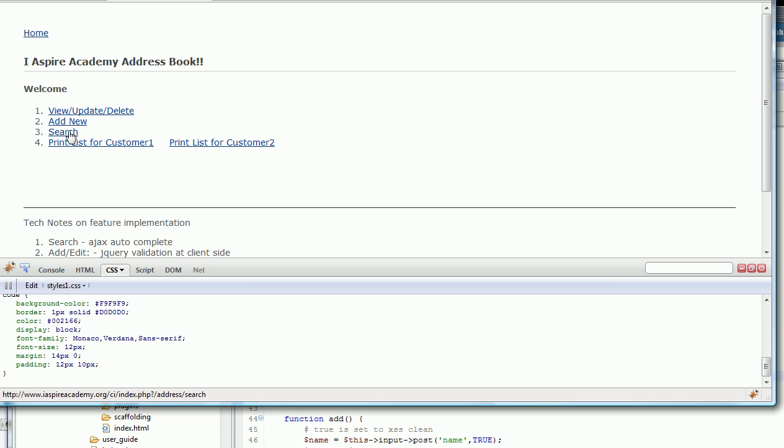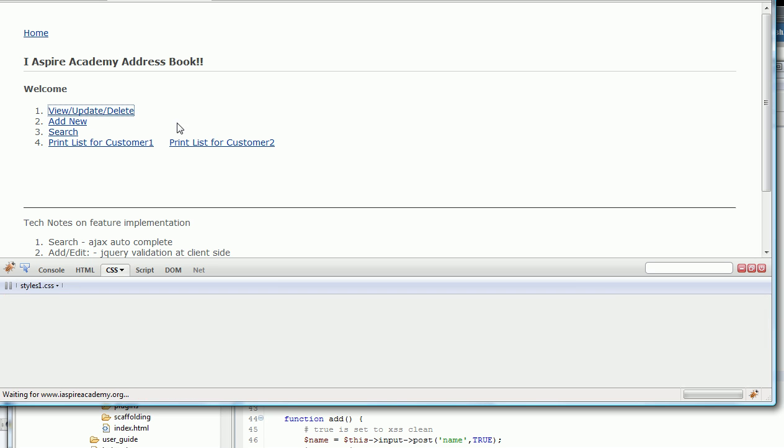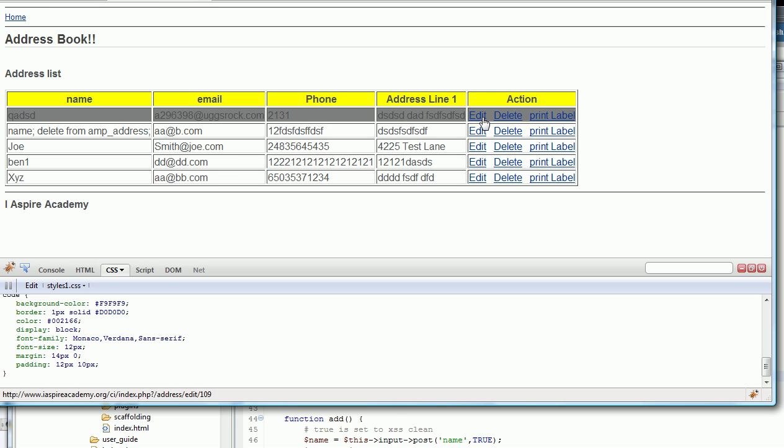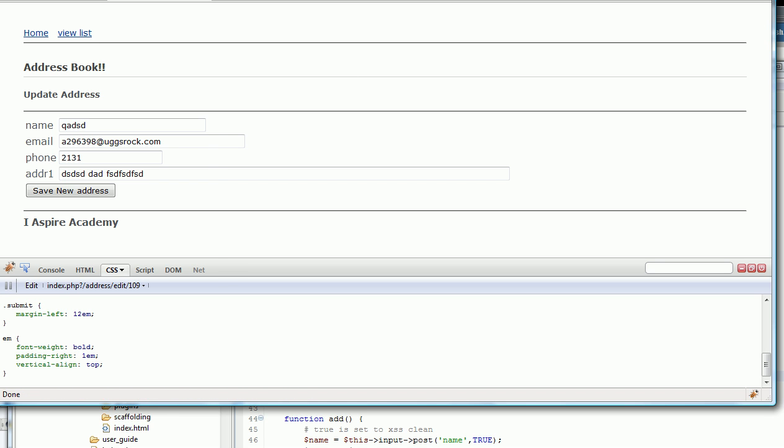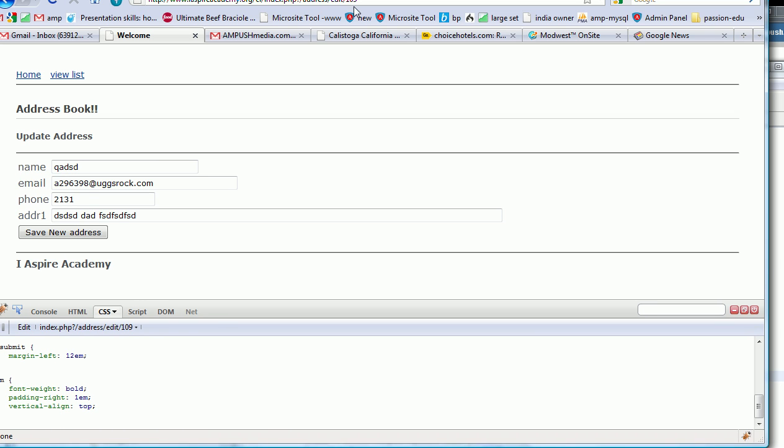Now let's discuss something interesting. Maybe we can do edit. We have discussed delete. The edit is also a similar feature. When you do edit, it does two things. It first,